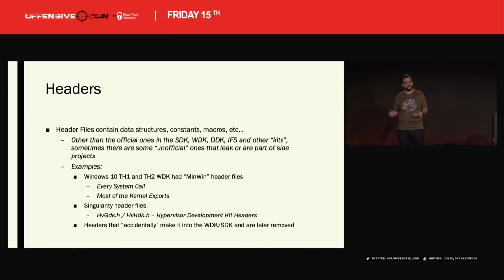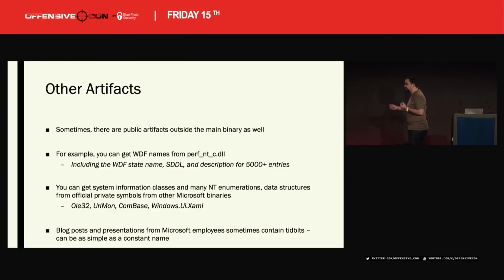Or Singularity, which was a research operating system Microsoft worked on, public, which had integration with Hyper-V. So all of the Hyper-V header files are part of Singularity. Still today, you can go on Codeplex and download Singularity.zip, and you'll have some hypervisor header files. For example, Matthew Suiche showed this in one of his presentations. So header leaks or public headers are also a way that I consider is reverse engineering, figuring out the right header file to look at and the right build to get. To me, that's part of figuring how something works. And then there's other artifacts